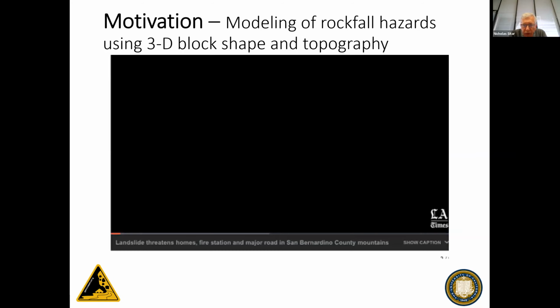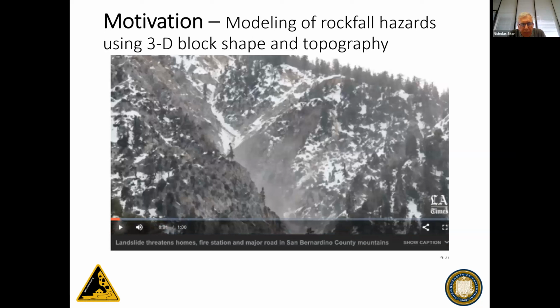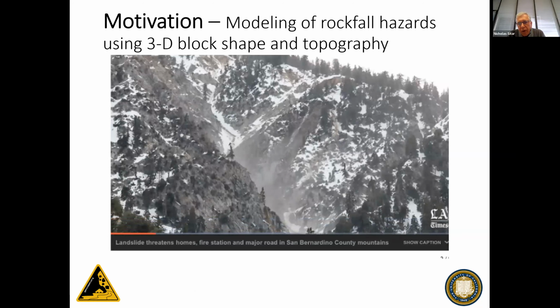And let me just see. What I'm going to do here is start with this. This is the motivation, this little video from, I hope everybody can see it. This is from County Sheriff in San Bernardino. And it shows a rock slope and a rock failure. And if you look at it, this is perfectly dry. It's disaggregating and it's flowing. Now, I'm going to talk over these people, but you'll see it.